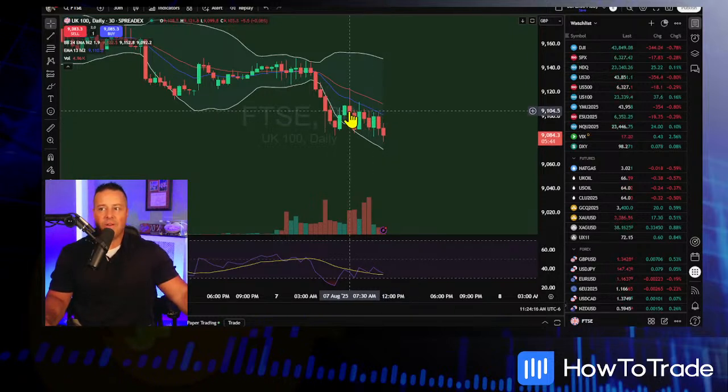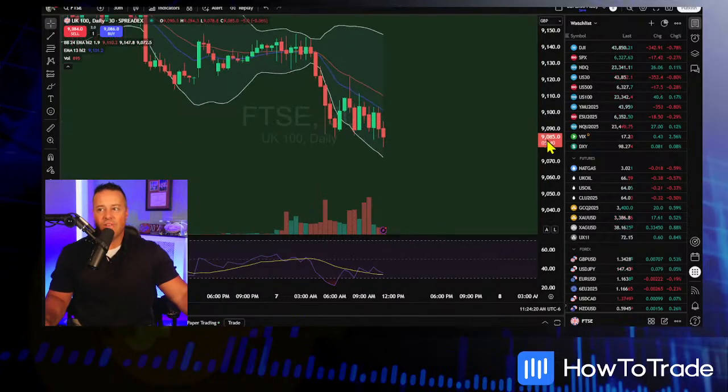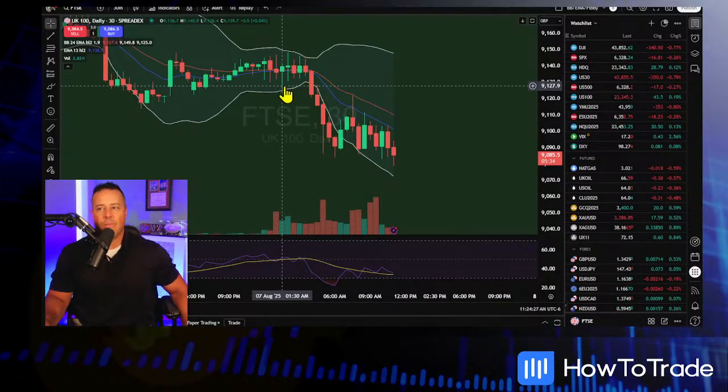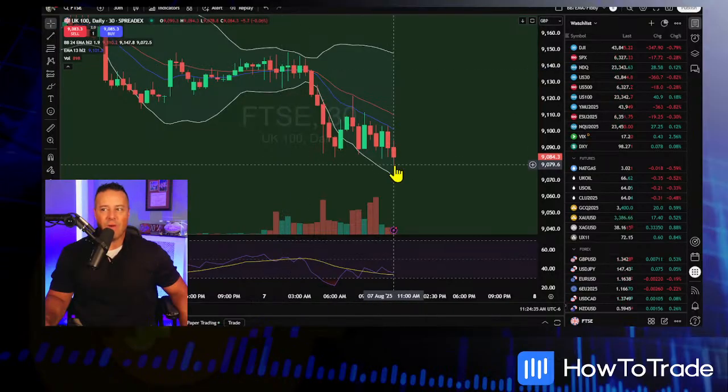Nice spike right there. That was on the U.S. open. And then the negative trend continued. Sort of an L. We sort of have that capital L formation that I've talked a lot about. Fibonacci's aren't really going to help you. You could come back and really look to the open of the London session, which would be back here about 1 a.m. my time, about 3 a.m. Eastern. And you can say, okay, what's the daily range? Well, you can see right now we're still trending lower.